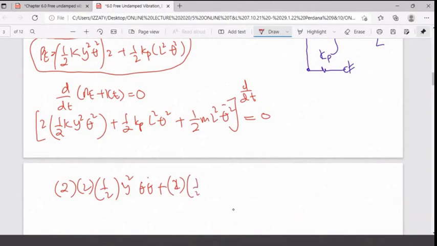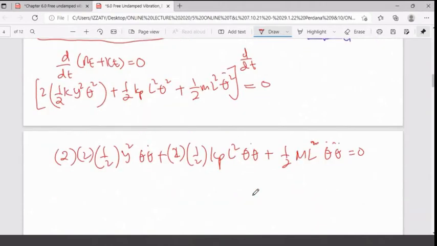This one you have half Kp, L2 theta dot, plus we have half m L2 theta double dot equal to 0. Then we cancel this one, cancel this one. What else? You can't cancel any more. So what you have here is